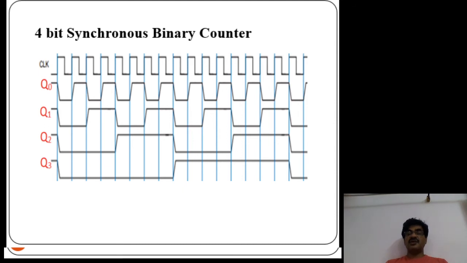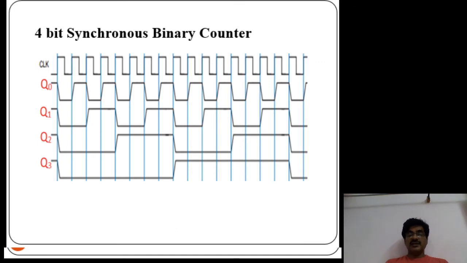Suppose if you take Q1, it changes its output when its lower flip-flop value is 1. Similarly Q2 changes its value when its lower flip-flops maintain logic 1. Similarly Q3 changes its output when its lower flip-flops are at logic 1. So like that, the counting sequence occurs in case of synchronous binary counters.